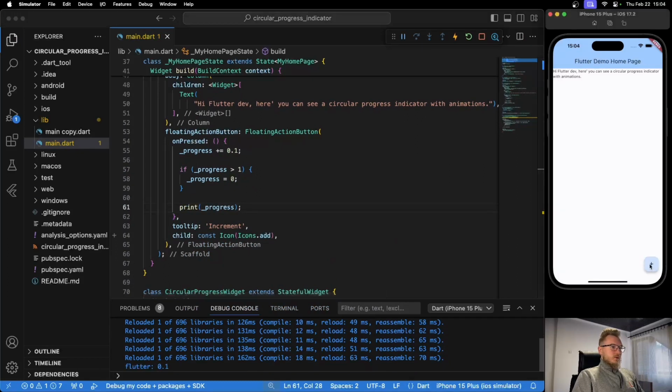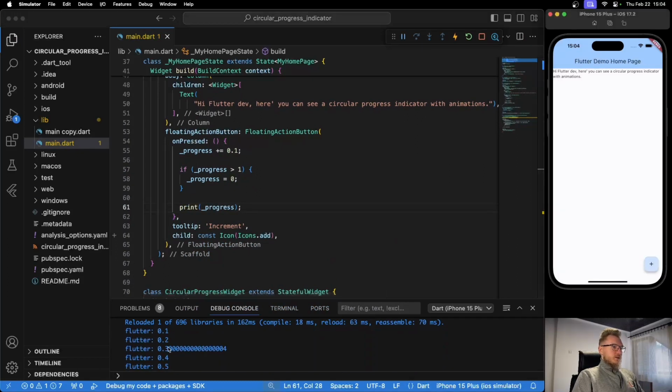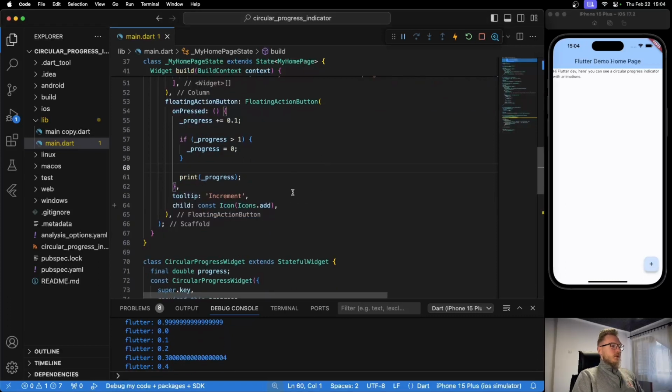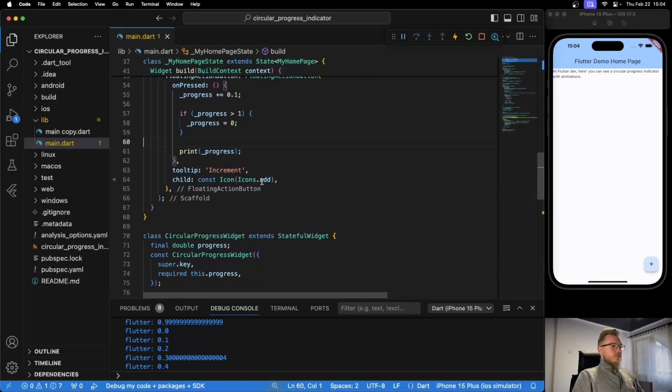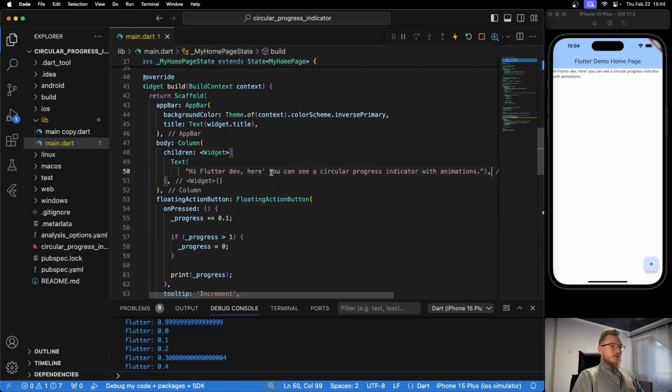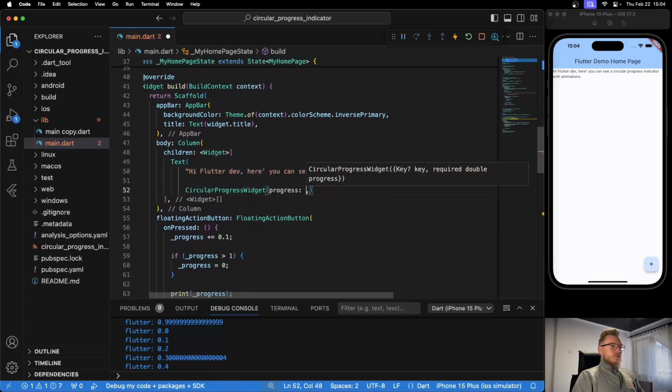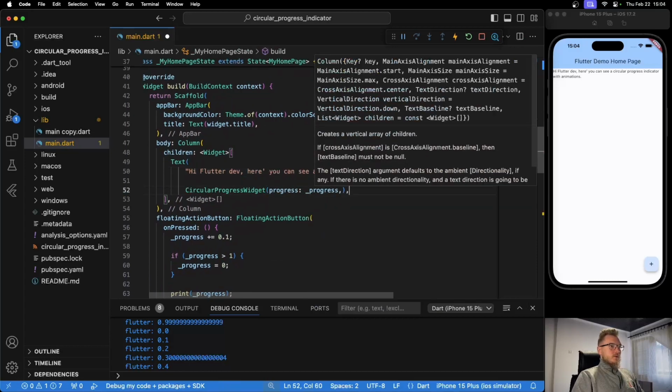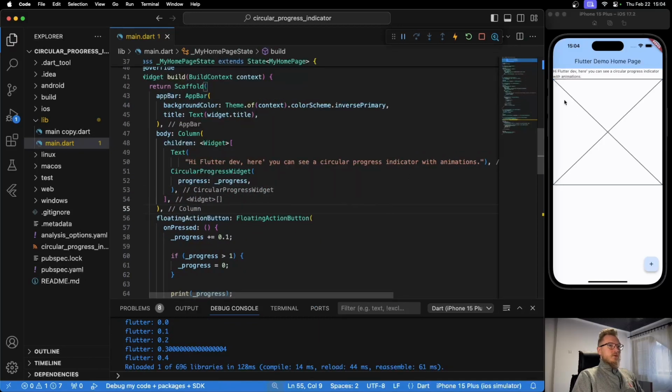So if we click it, we can see that progress is increasing properly. Yeah, this is a nice one. Yeah, doubles are not always just pure numbers, as you can see here. That's a bit weird, but will work. Yeah, cool. Now that we have the progress, we can actually add the widget. Let's add it here and pass in the progress. Cool. As we can see, it added the